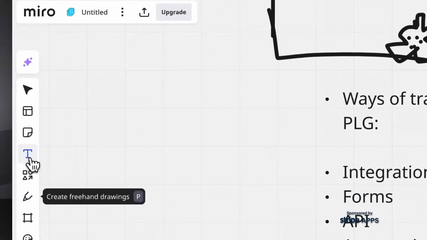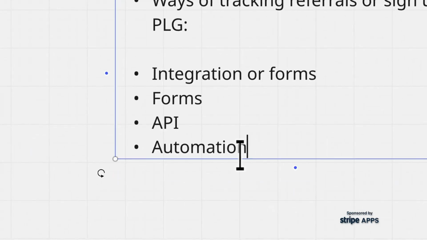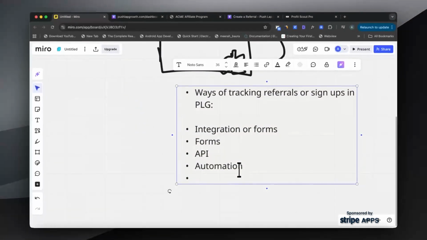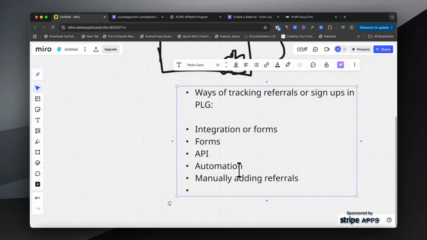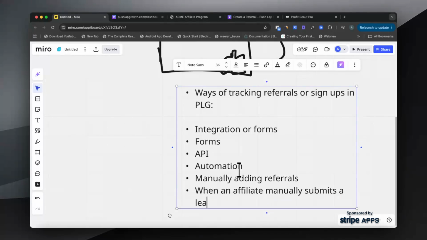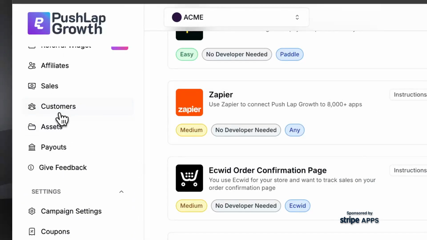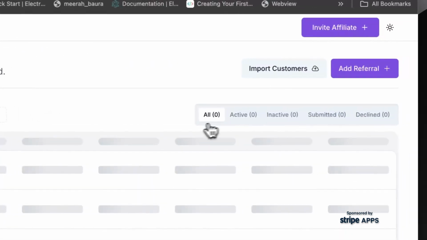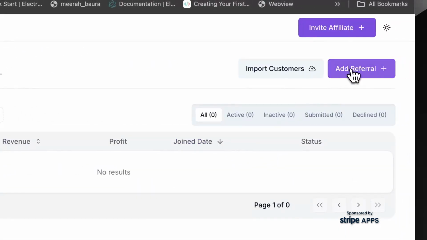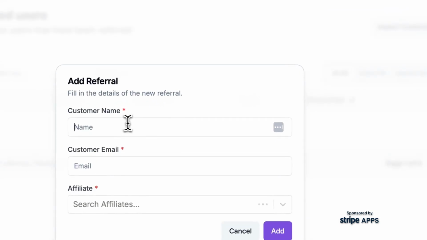And actually, another way of creating referrals, two ways that I almost forgot, are manually adding referrals, right? And then another way is when an affiliate manually submits a lead. So the first one, manually adding referrals, the way it works is from your dashboard, you can manually go into the customer section, right? And currently there are no customers. And then you can click on add referral, and it can be